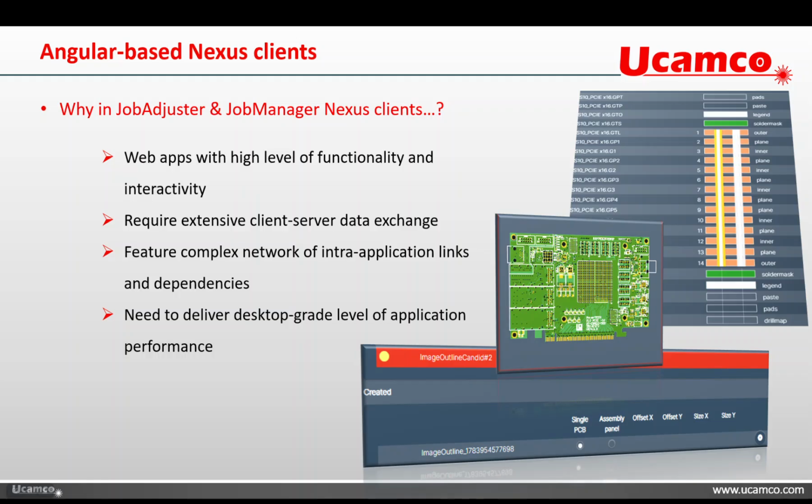These editors also have a complex network of inter-application links and dependencies. So if you think of a job adjuster, if you go in one editor, it's going to have an impact somewhere else, on other pieces of information. So that all needs to be synchronized, and needs to be synchronized very fast and up to date all the time. So there too, you're going to see the benefit from this Angular application, which has been used for the new generation of our